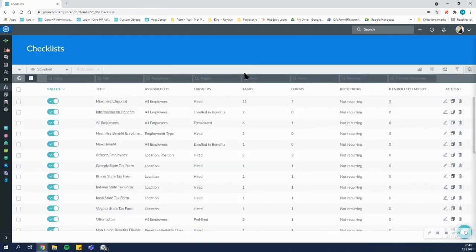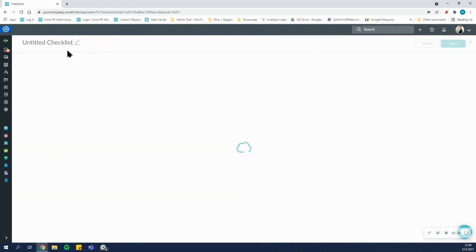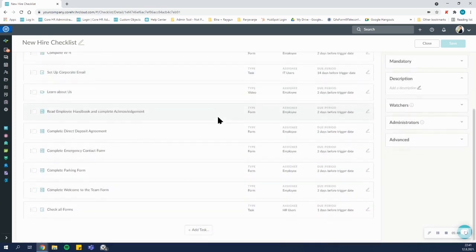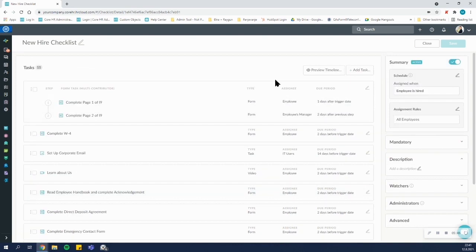Now I'll show you what a checklist looks like once it's been created. So we have this new hire checklist as an example. You'll have the summary of your schedule and your assignment rules, so that you know which employees will receive the tasks and when. This can be added at any point. If changes need to be made, you'll have a list of your tasks. Again, a summary of who the assignees are, if there are multiple steps, what the due date is,